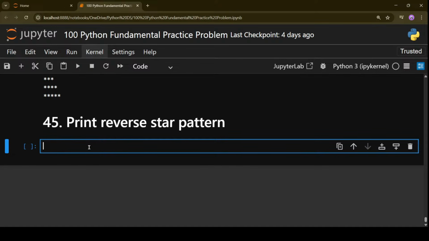Now, in this problem, guys, everything is going to be the same. Just think that in the previous problem, we started from 1, then 2, then 3, then 4, then 5. Here, what we have to do is start from 5, then 4, then 3, then 2, then 1. Now, I think I have given you the hint. And this is the best I can do. So you have a few seconds, think upon it. Again, it's going to be a two-line code only, so it's going to be very easy.